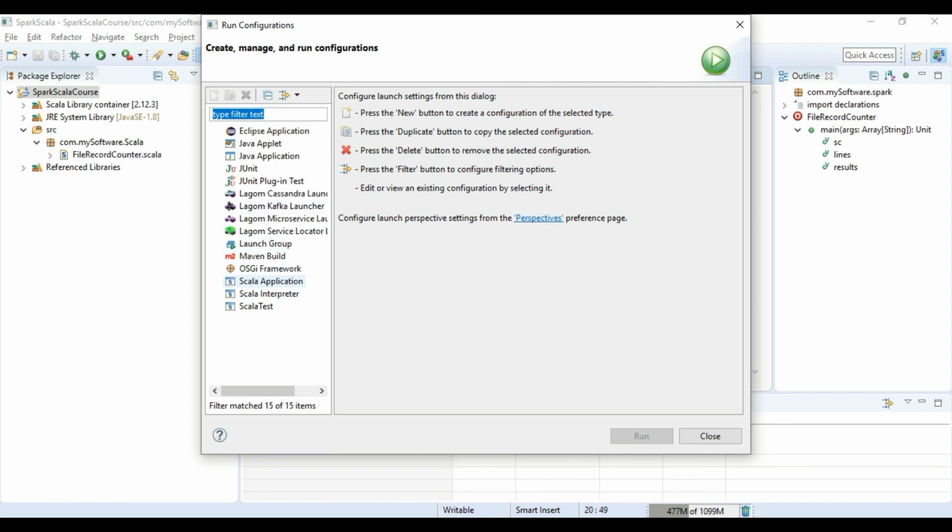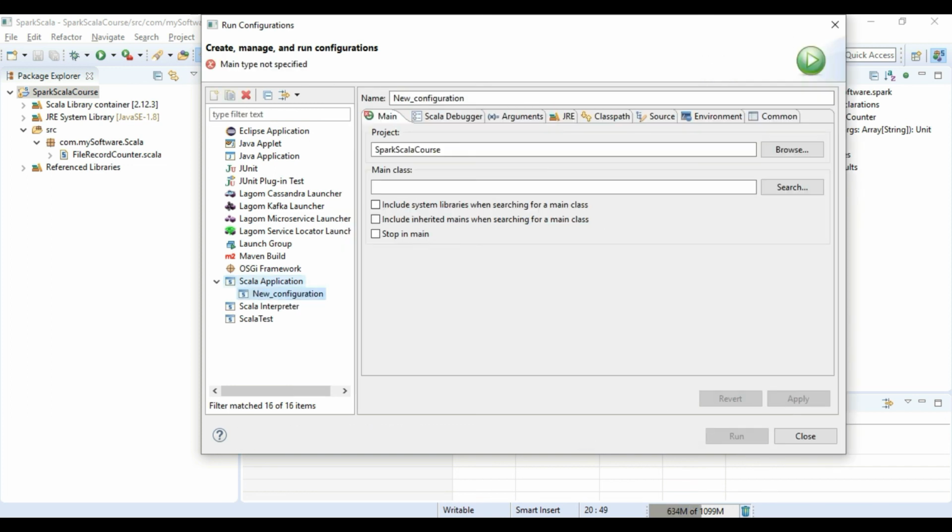Now go to the option Scala application, double click on this. We have to give the name here. So name will be file record counter. We have to give the main class as well. So main class is the complete path which includes the package name and then file name. Click on run.